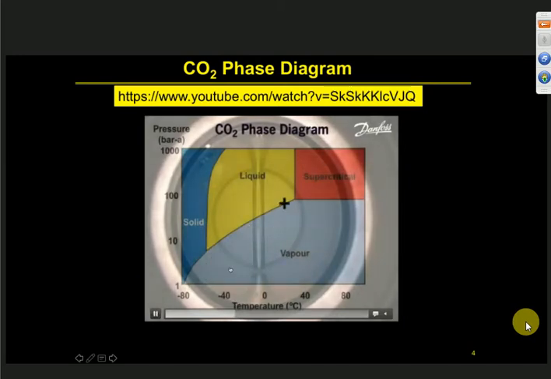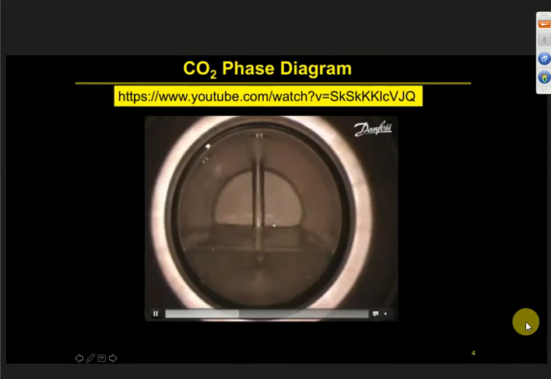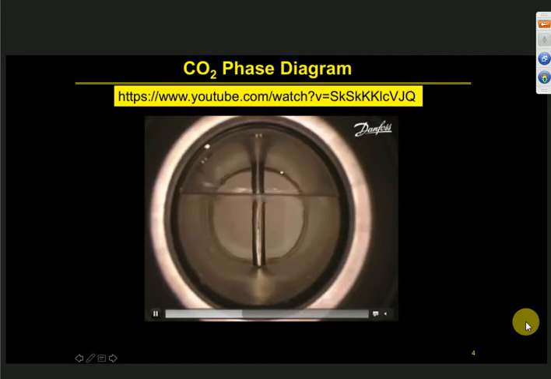What they are trying to show here is, you start out at this point, atmospheric condition, like a room temperature, and the pressure is like 56 bar, that is the CO2 vapor pressure. So you're filling the high pressure cell with CO2, and as you see, the liquid level is moving up. And then once you put a sufficient amount of CO2,